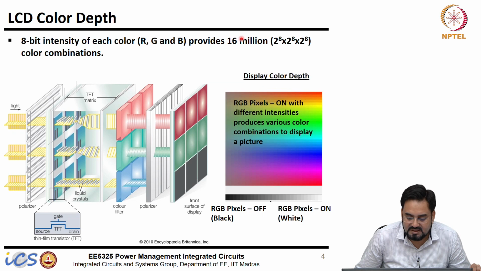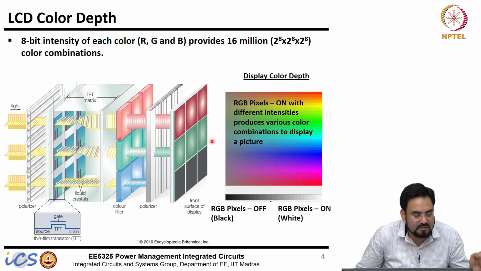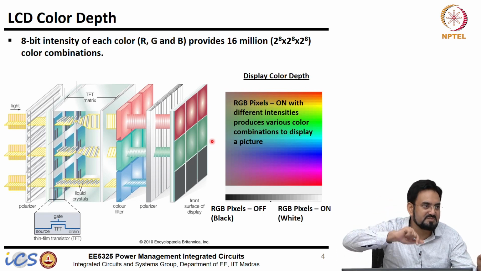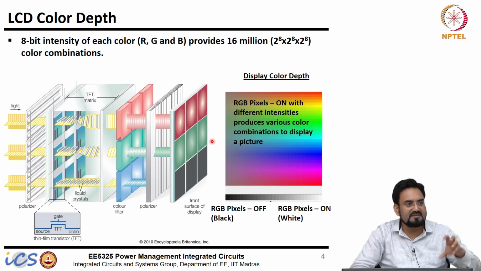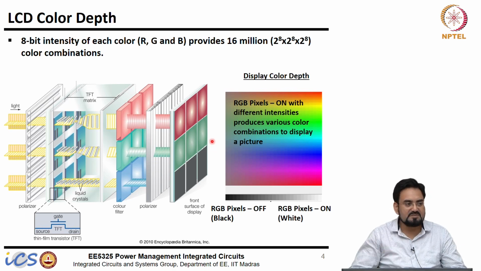So let us say my RGB provides 8-bit control, 8-bit intensity. So each color has 8-bit intensity, and 8 bits can have 2 to the power 8 combinations, which means now I have 3 colors, so I can have 16 million color combinations. And in fact, you can look at your paintbrush. Have you seen or used paintbrush? So when you change the color, you will see RGB. So in the RGB, you can change the number and see that different colors will have different combinations of your RGB. The same thing happens here also. So using this RGB, you can create millions of colors, and that's how you get a color picture.